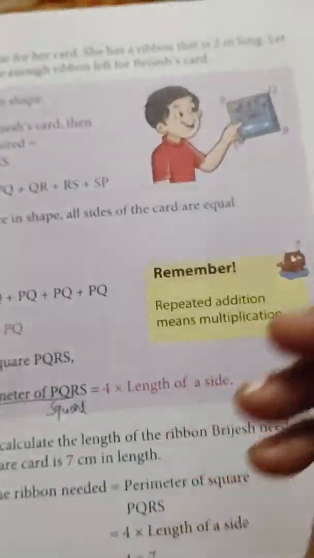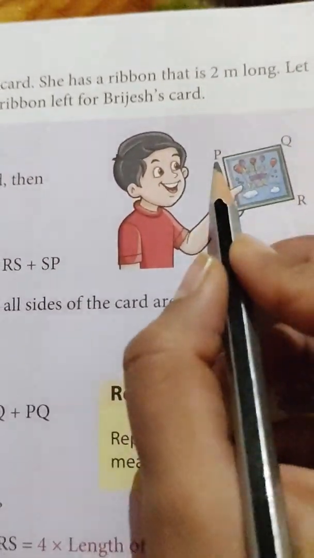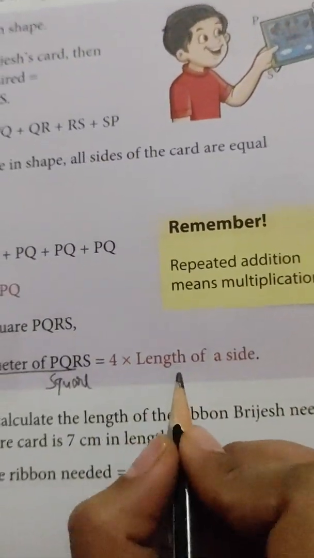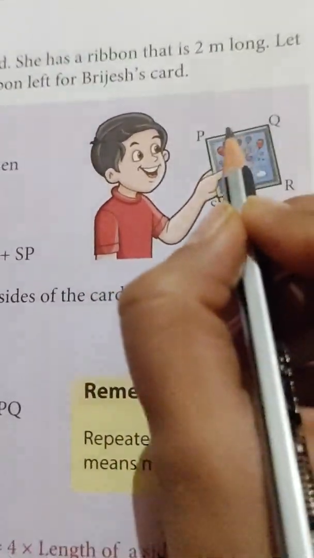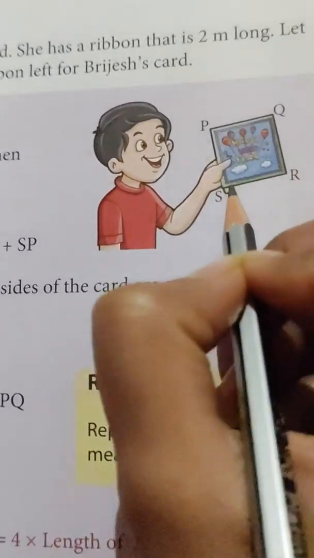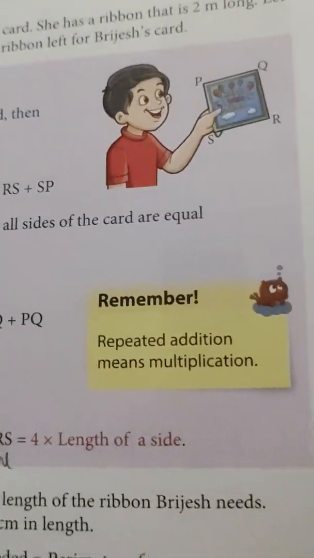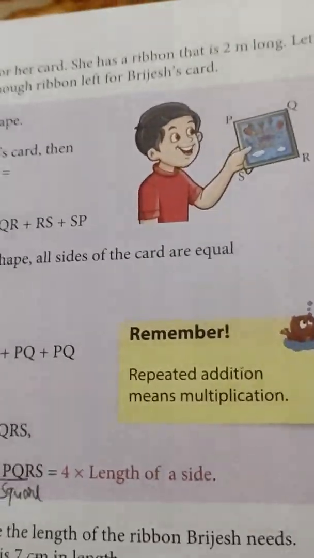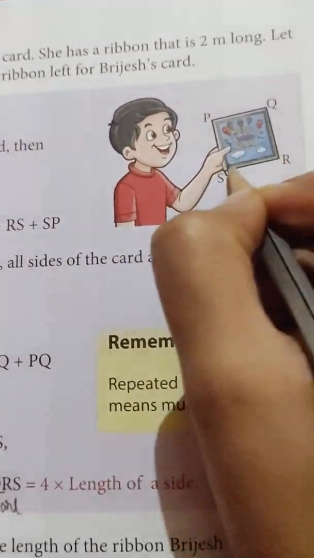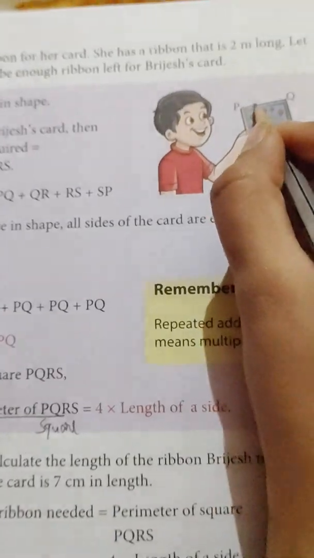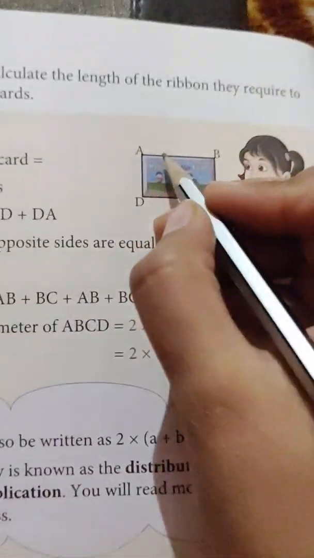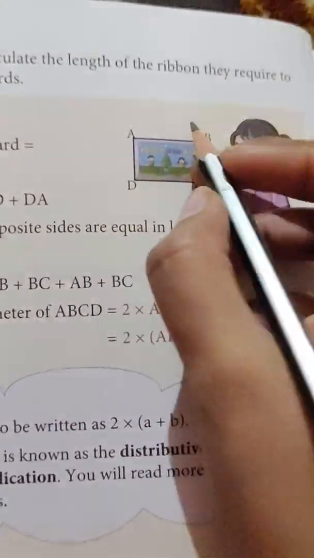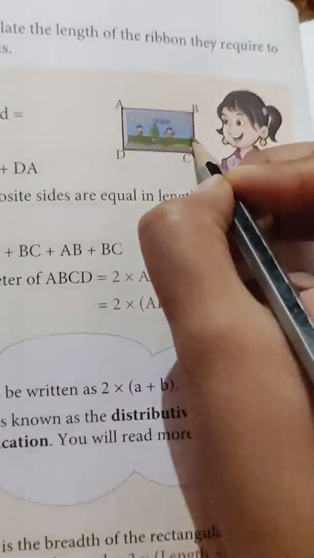As you know, a square always has equal sides. Okay, a square will always have equal sides, so that's why 4 multiply length of a side, because there are 4 sides, 1, 2, 3, 4. So whatever side is given, you just multiply with 4, or you can add the sides. Okay, whatever is given to you, you can add all the 4 sides, then also you can find the perimeter. Here also, for the total perimeter of a rectangle, you can add all 4 sides, that is also correct.